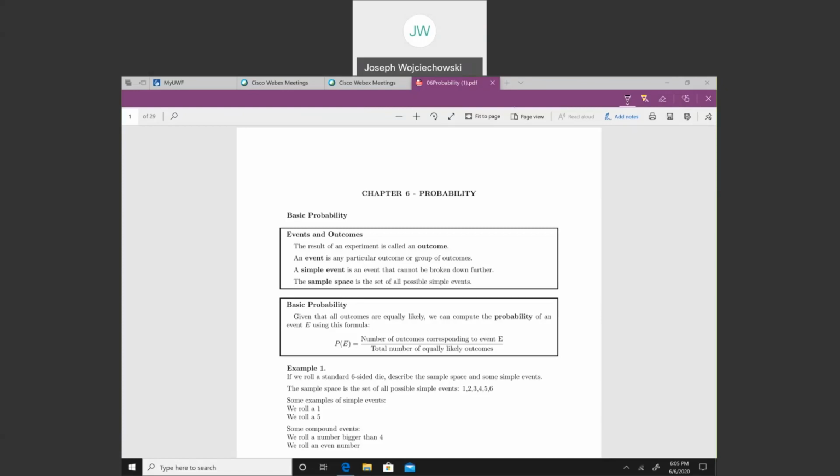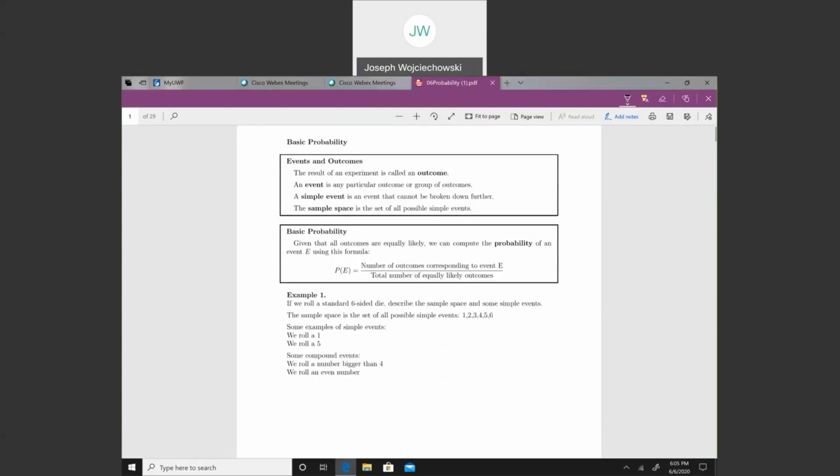Okay, so today we're going to go over the probability chapter. We'll start with some definitions, events and outcomes. The result of an experiment is called an outcome. An event is any particular outcome or group of outcomes. So a simple event is an event that cannot be broken down further, and the sample space is the set of all possible simple